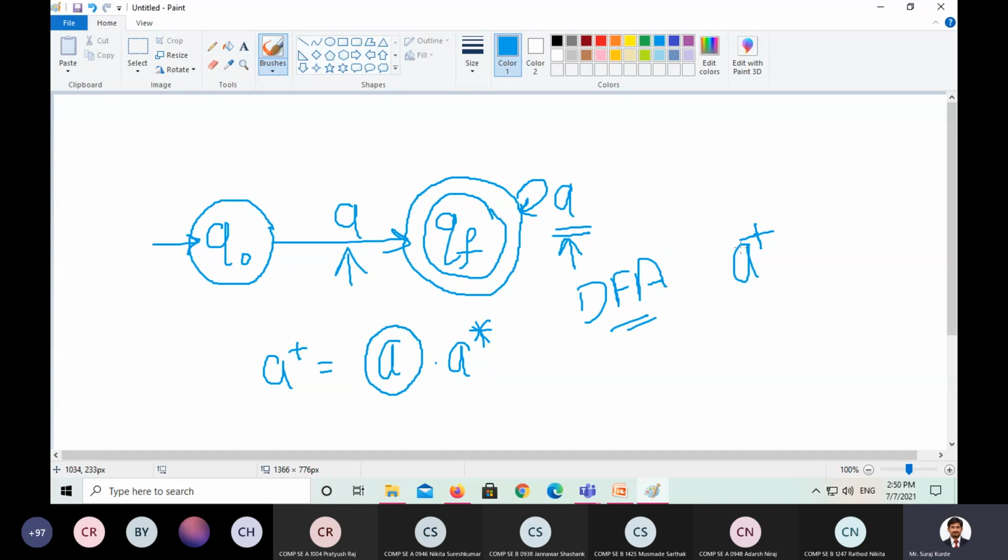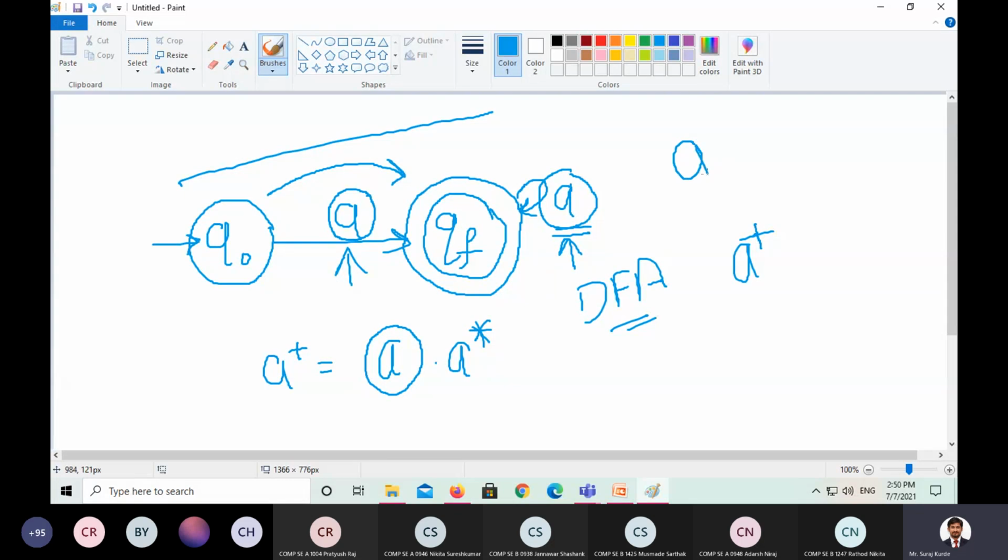So these are the two important operators, plus and Kleene star, and their transition diagrams. Whenever star is there, it is a self loop. Whenever it is a plus, there will be two states and a transition from the first state to the second state, accepting the required input as a character or letter for that transition. And on the second state, there will be a self loop.